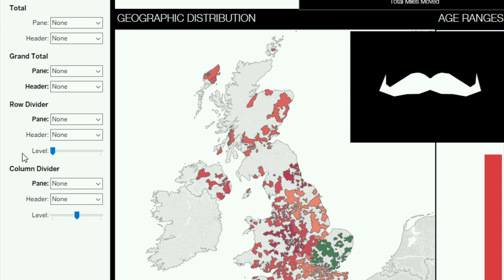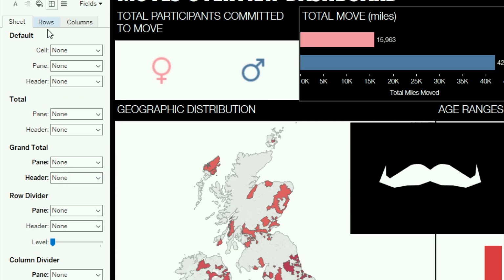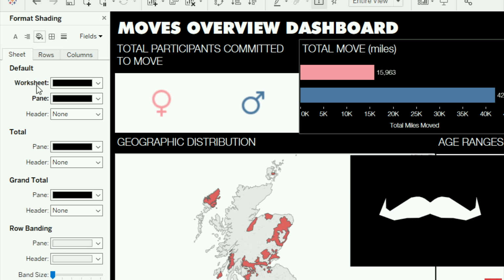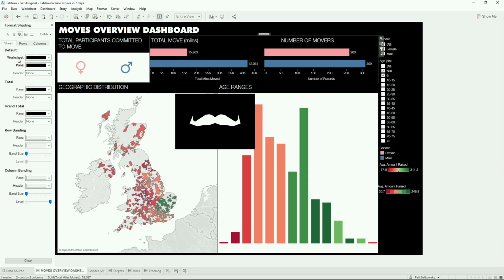The first is that you might notice that as I'm making these changes on the side pane, the areas that I'm changing are going bold. So this is a great way to keep track of the changes that you've made on the formatting side pane, so that you know exactly what you've already done. There's a lot of options of how to customize your worksheet from the side pane. And I know that it can be intimidating at first, but the reason that we want to try and do as much of these changes as possible in the side pane is to avoid having to do them over and over. So now that I've customized one single sheet, I want to apply this to the rest of my worksheets.